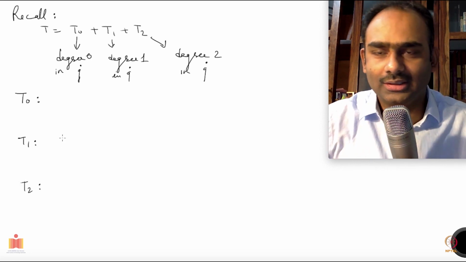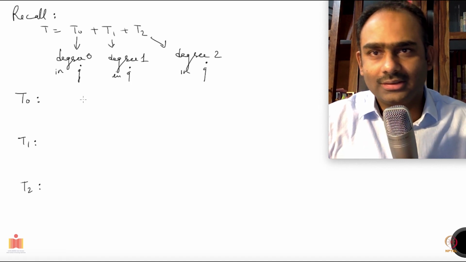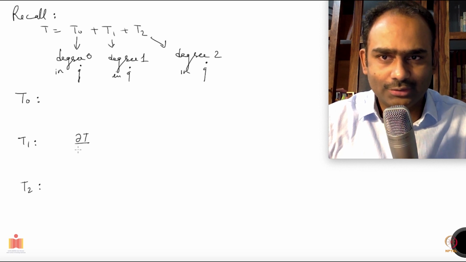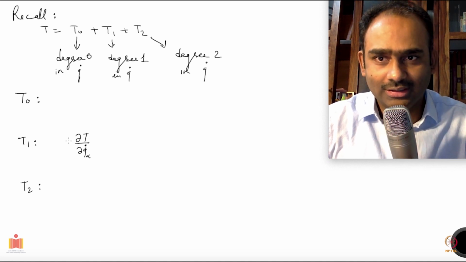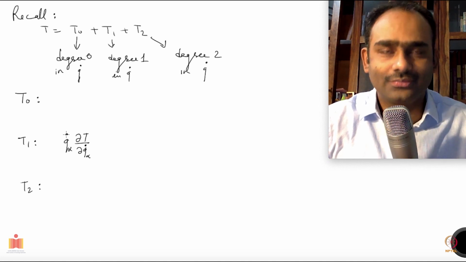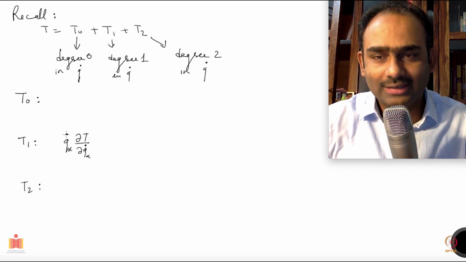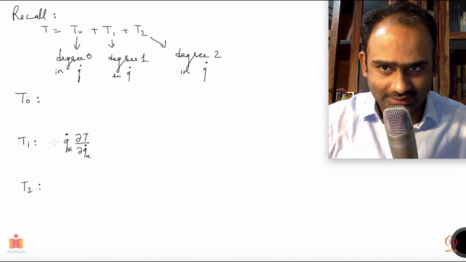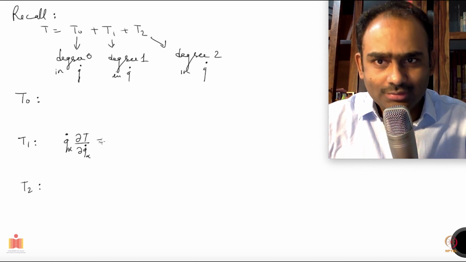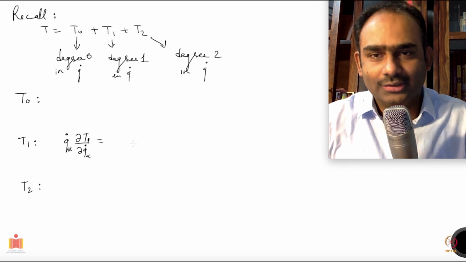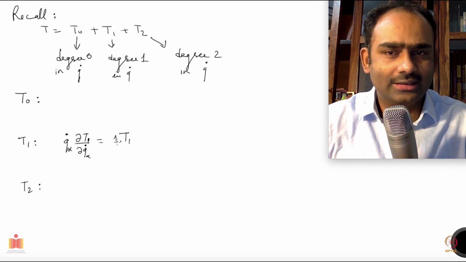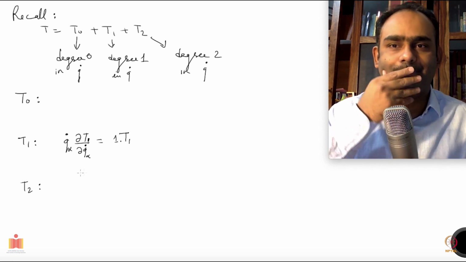Okay, let's look at T1 first. If I take the derivative of T1 with respect to q alpha dot, I remove a power of q alpha dot, then I multiply by q alpha dot here, and I insert that power back again. There is a summation implied because alpha is repeated twice. You will get T1 back. The coefficient multiplying it is 1, because it's a function of degree 1.